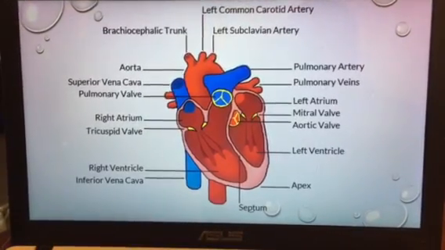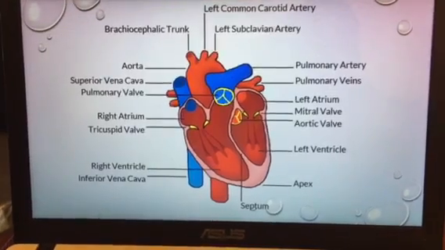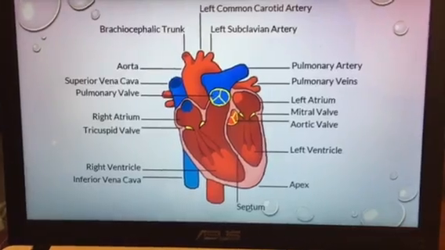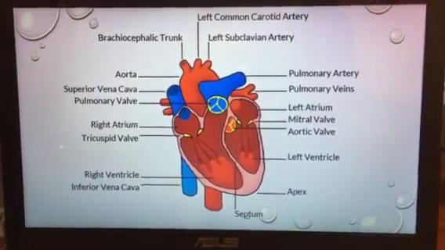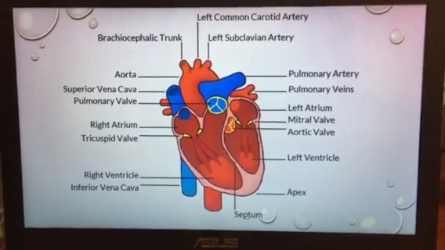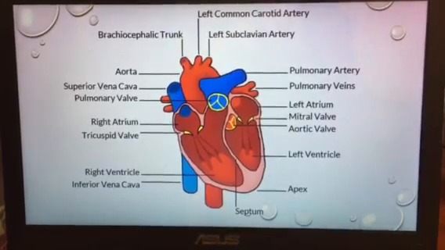The right atrium receives blood from 2 large veins, the superior vena cava and the inferior vena cava. These veins return blood, low in oxygen, from tissues. The tricuspid valve, which is on the right side, sits between the right atrium and the right ventricle. The valve permits the blood to move from the right atrium into the right ventricle and prevents it from moving in the